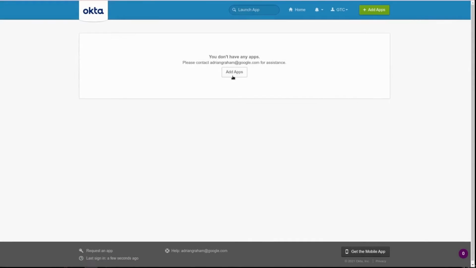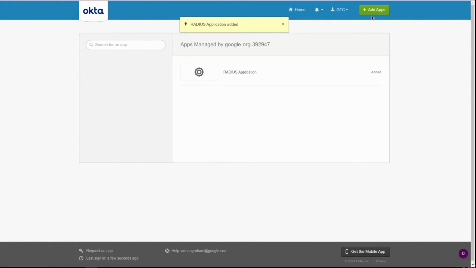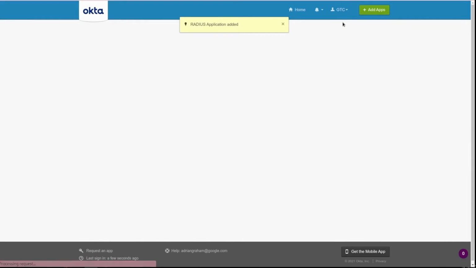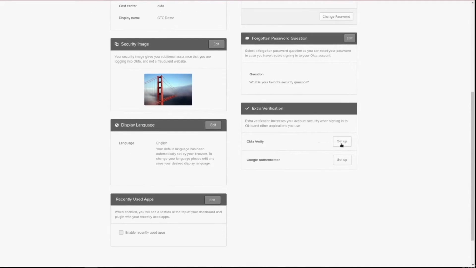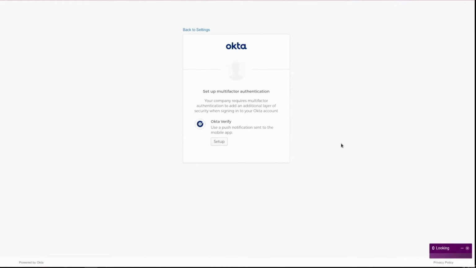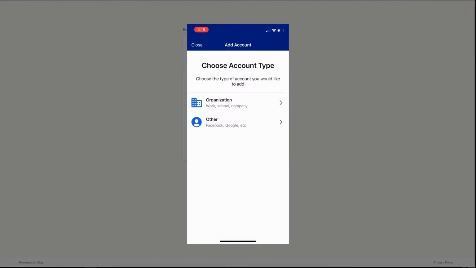And the user only needs to do a couple things. They need to add the Radius application to their environment. And this could be done for every user, by the way, automatically. I'm just doing this manually. And now they could set up their Okta Verify so that they can create a push notification for their phone. I'm going to open the Okta Verify app and add based on organization